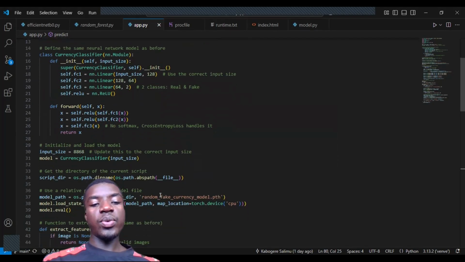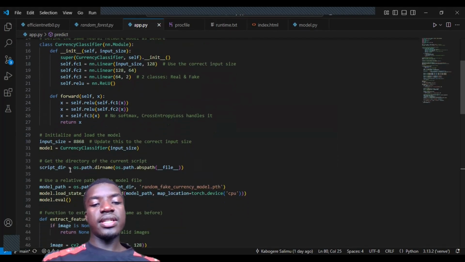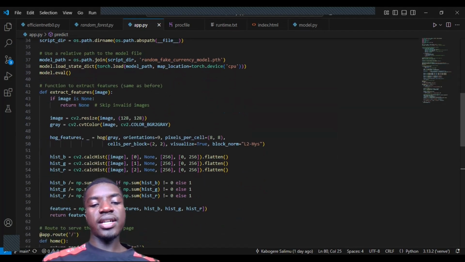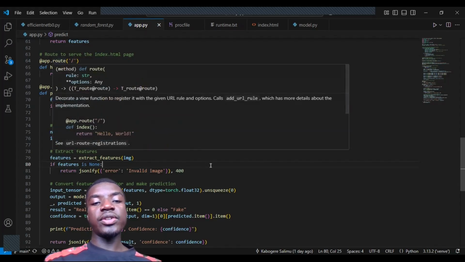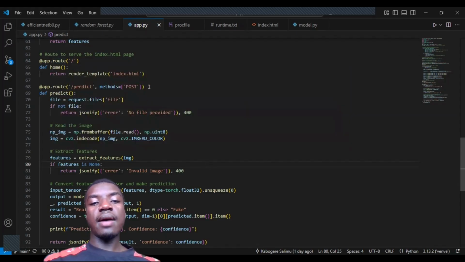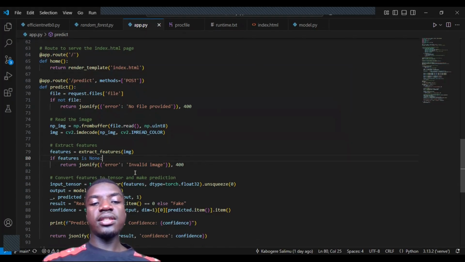And then from there, we set all this up, loading the dataset and so on. Then a function to extract the features is also there. Then here we have to do the routing. This is the Flask routing. You define the routing, and this one takes us to the home page, the index.html file, like you're seeing here. That's the home page using a POST, because we shall be giving information to our form, like in my index.html file. Then it extracts the features, and these features are given in the form of a JSON